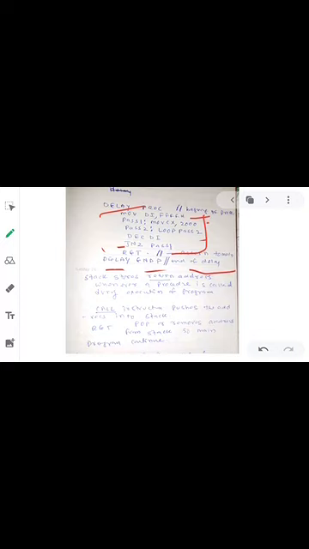Then MOV CX, 2000. Already I told you CX is always used as a counter, so 2000 is the counter value initialized to CX. PASS2 is another label, and LOOP is to perform the loop operation. This loop will be continued while it is still not 0.